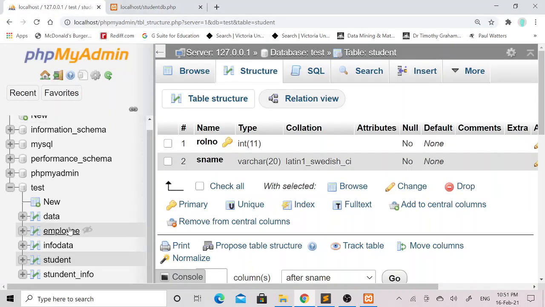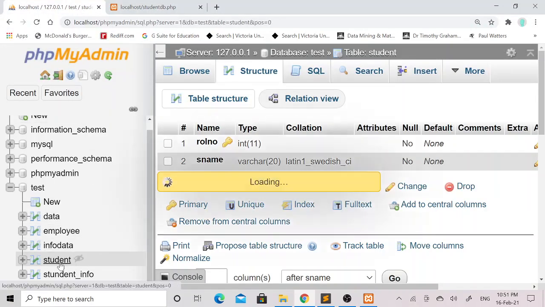So here you can see that after clicking on register button, I will be redirected to the studentdb.php and the message is data added. So to see whether the value is added in the student table or not, I will switch to the MySQL database and click on student table.